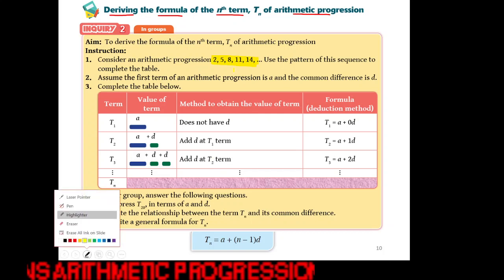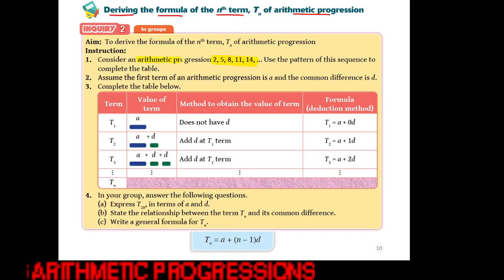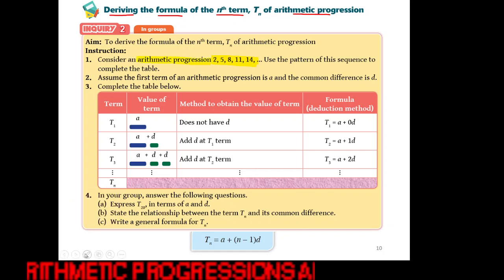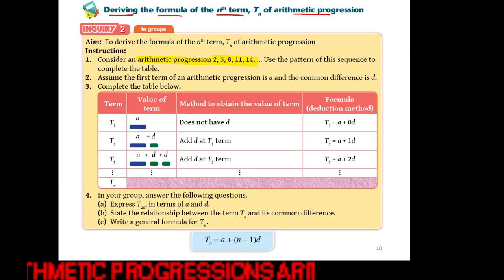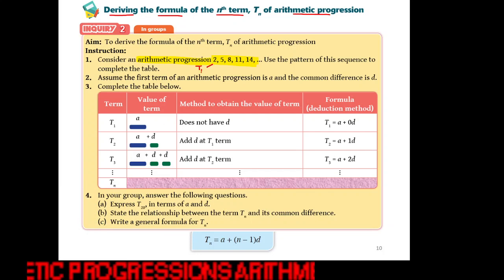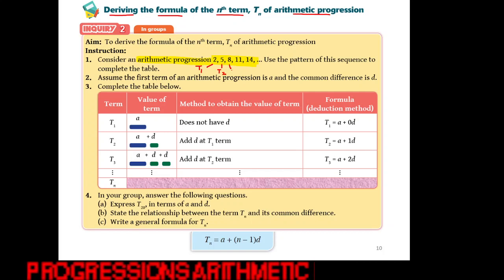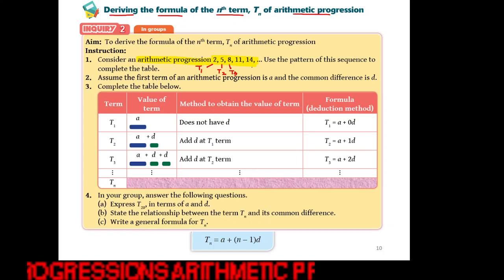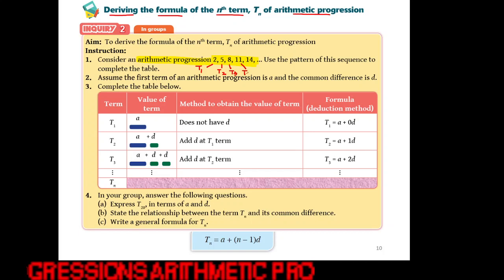And this sequence is an arithmetic progression. What we are supposed to do right now is identify that this is T1, this is T2, this is T3, this is T4,